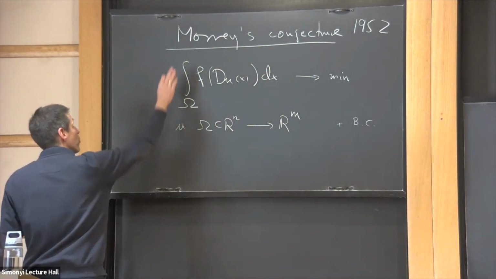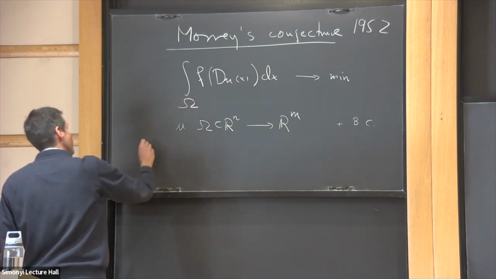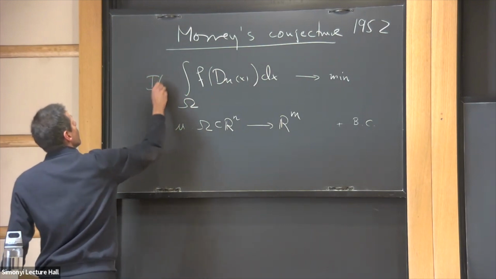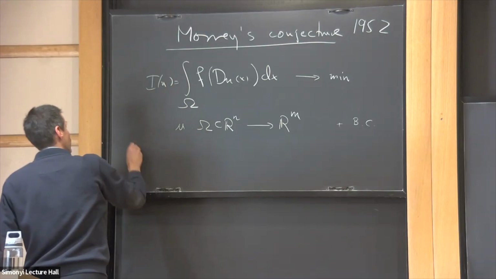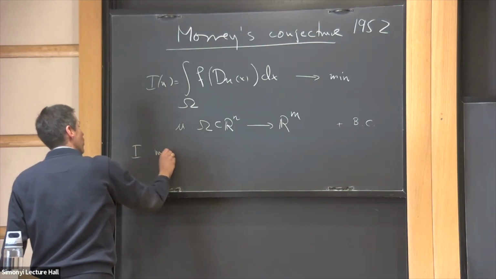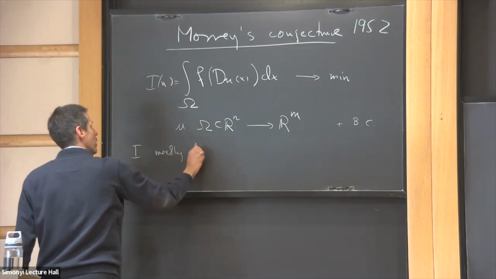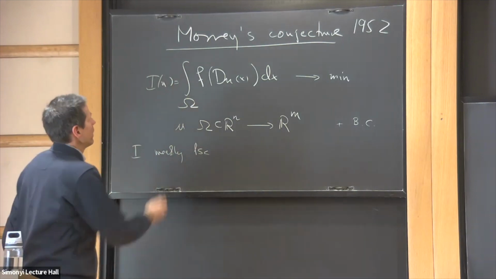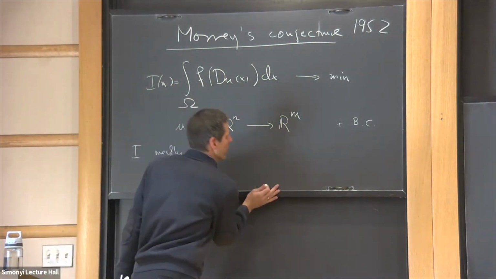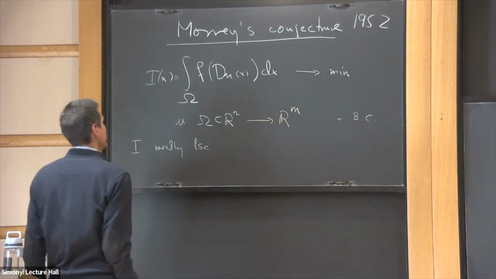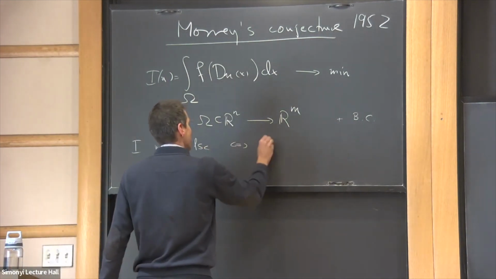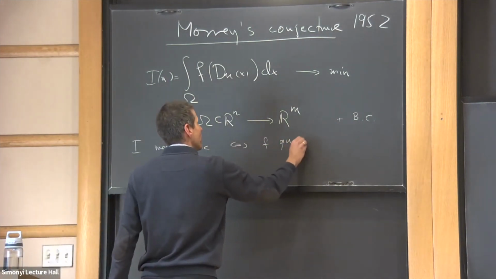And what Morrey proved is that this integral is weakly lower semi-continuous, which is basically the right notion, and let's say that's ellipticity, if and only if F is quasi-convex,